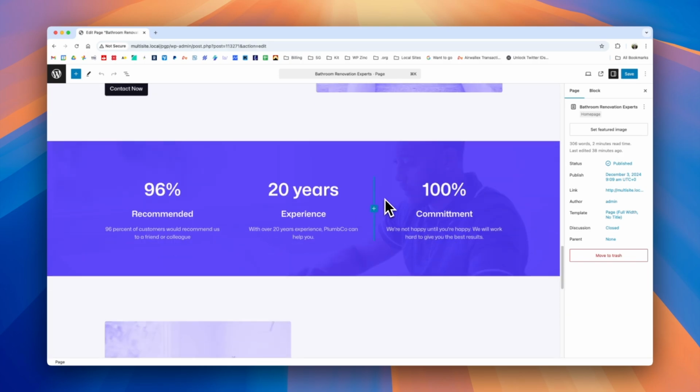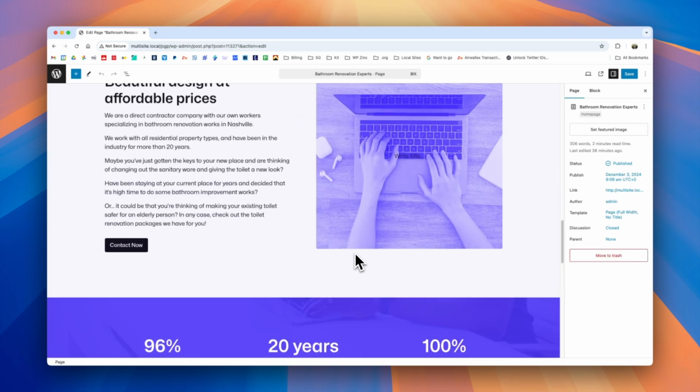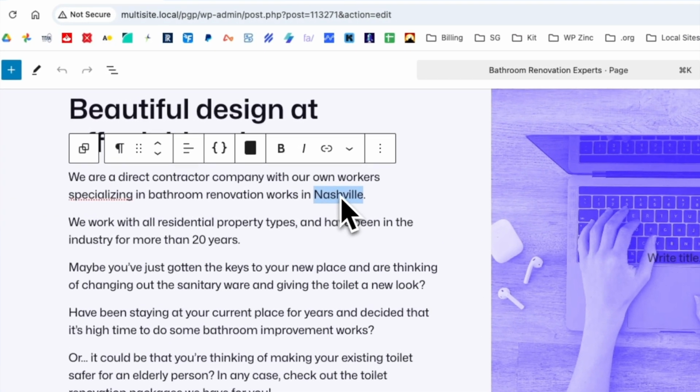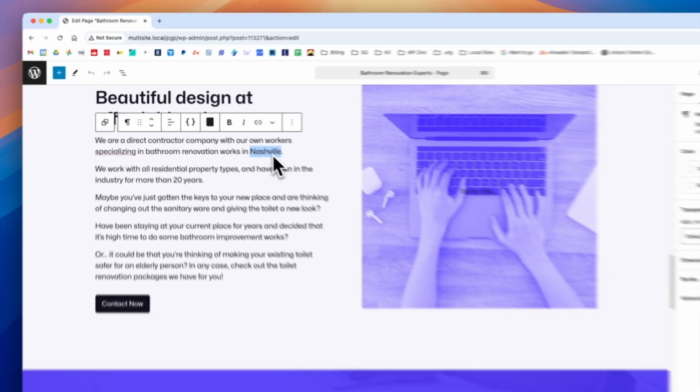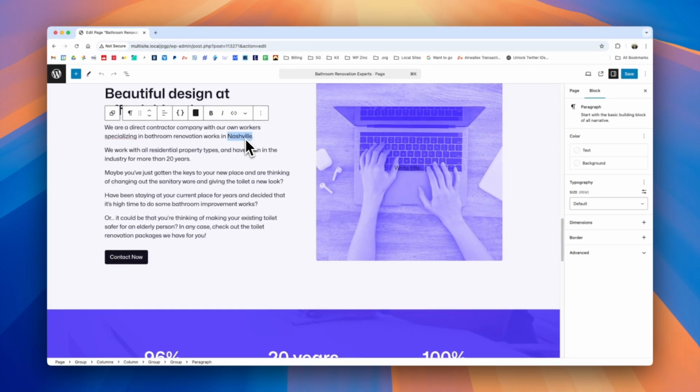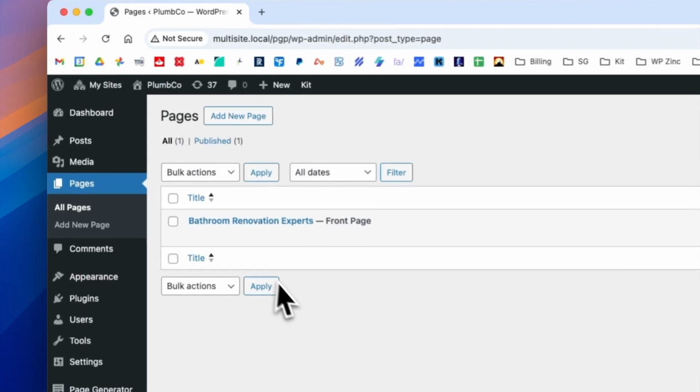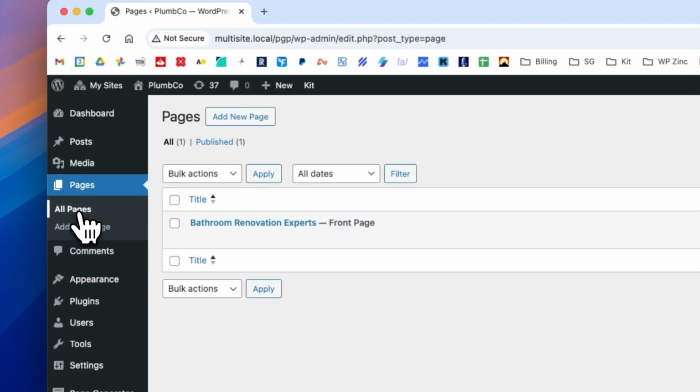And we'd like to bring this into Page Generator Pro and use this very same design and start using the keyword system to be able to mass generate this page with a number of different locations. We'll see here that we have the location name of Nashville, but actually we want to target perhaps some other cities as well. So to do this, if we navigate to the All Pages section of the WordPress site, we